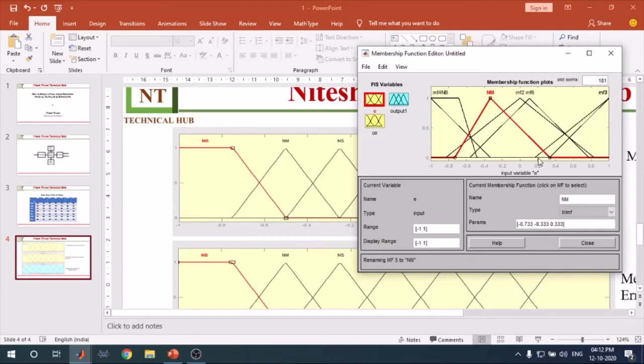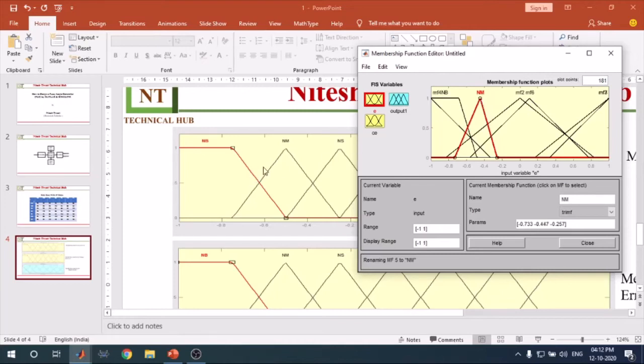So you select this value and scroll down. You have -0.2, and this value is approximately -0.5. So you just keep it at -0.5.